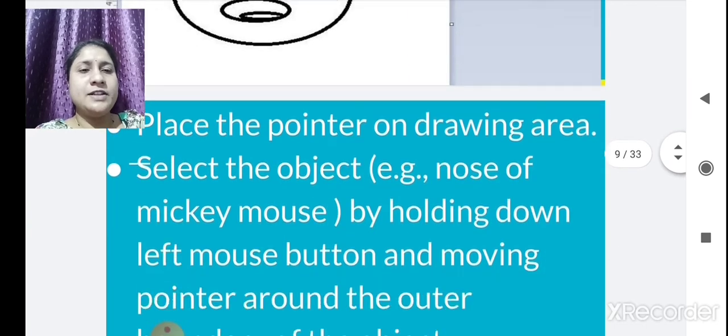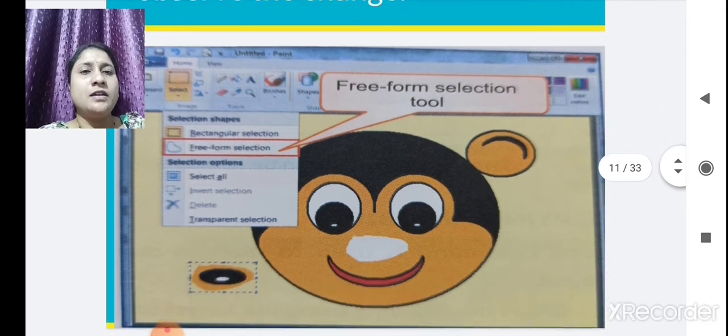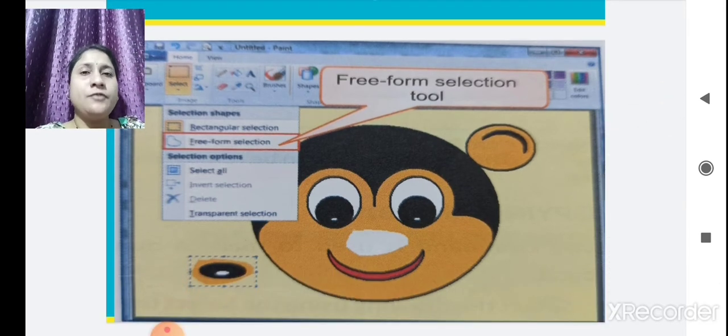After selecting this, if you want to move any drawing, see here, we have removed the nose of this cartoon Mickey by using the freeform selection tool. His nose is in irregular shape.